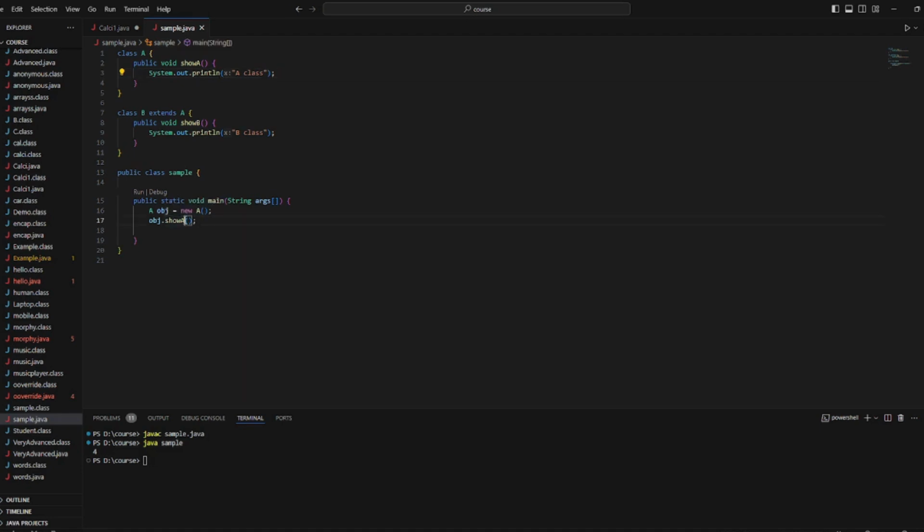But will I be able to use this object and call the showB method which is in class B? No, it shows me an error because the object which we have created is for class A and not for class B. Class A doesn't even know whether class B exists or not. Only class B knows that class A exists because of the inheritance. But class A doesn't know whether class B exists, and that's why we are getting this error.